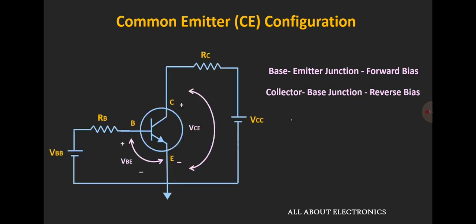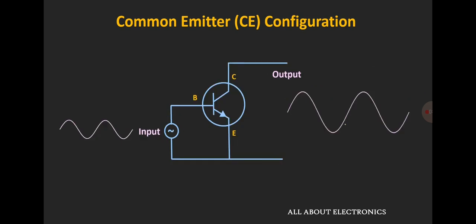If we see the direction of the currents, it will look like this. The base current IB is the input current, while the collector current IC is the output current. Similarly, the voltage VB is the voltage on the input side, while the voltage VC is the voltage on the output side. Considering these DC biasing voltages are already applied, if we apply the sine wave between the base and the emitter terminal, then we will get the amplified output between the collector and the emitter terminal.